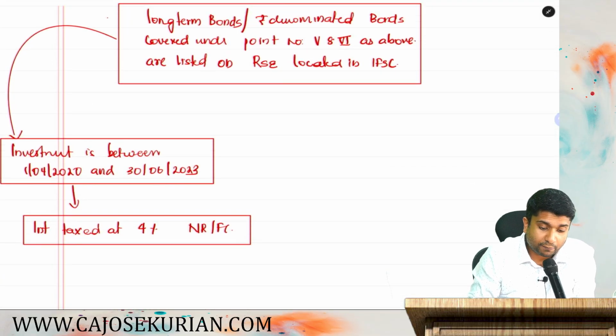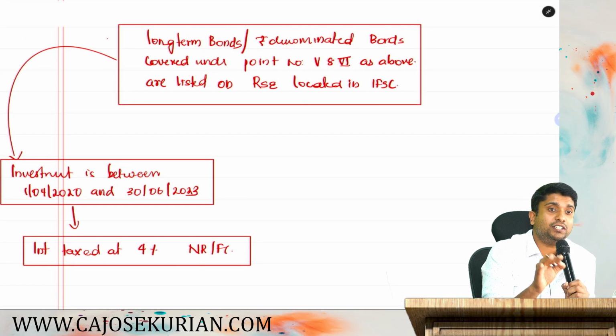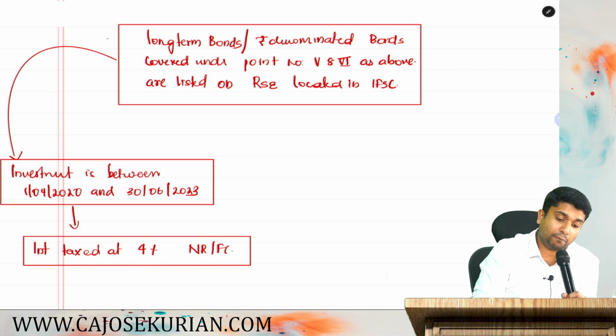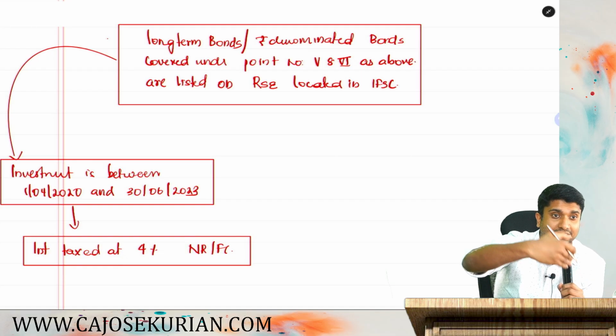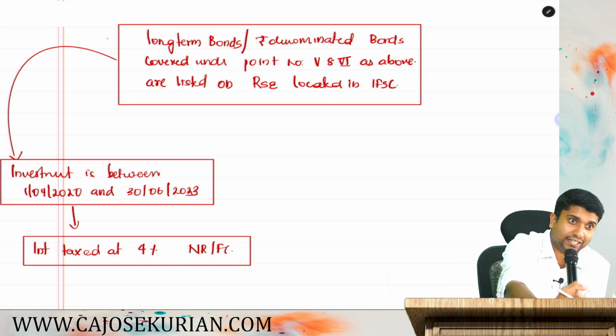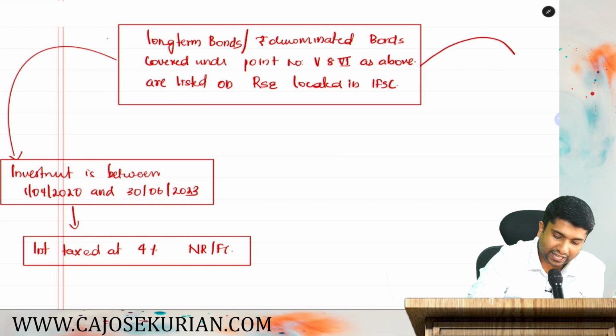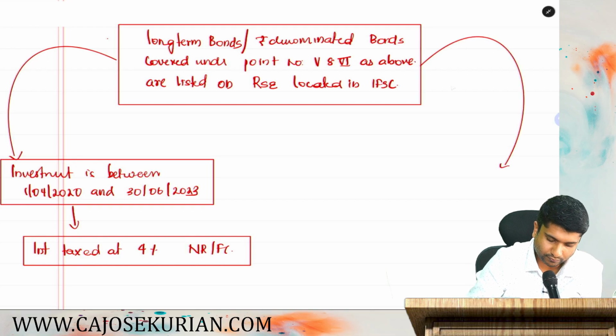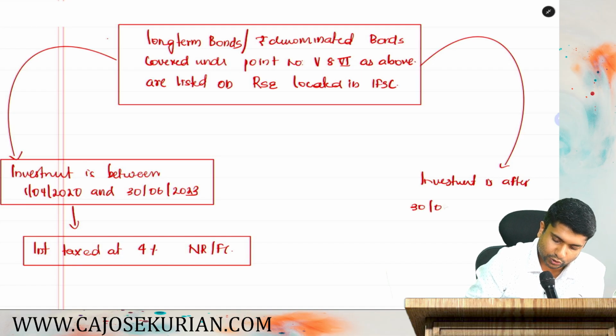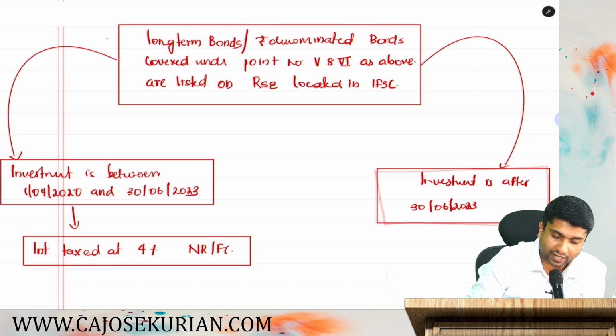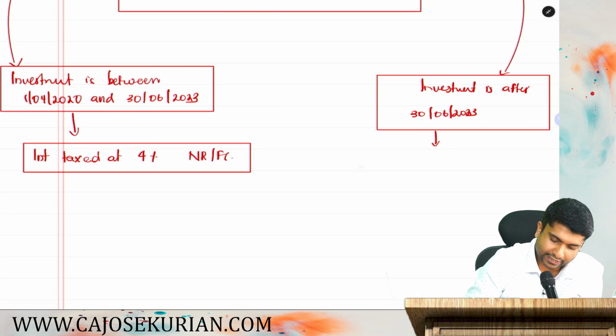But here, what does the department say? We are planning to continue the benefit for those bonds, rupee denominated bonds and long-term bonds, which are listed on a recognized stock exchange located in IFSC. In that case, even if the investment is made after 30th June 2023, we are planning to give you a concessional rate. And how much is the concessional rate? In such a case, interest is taxed at